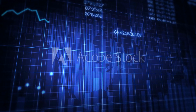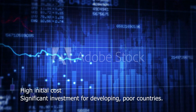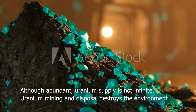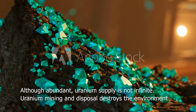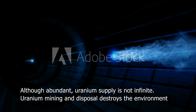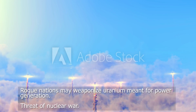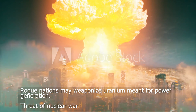3. High initial costs. Building a new nuclear power plant is expensive and time-consuming. It also requires rigorous safety and environmental impact assessments. 4. Limited fuel supply. While uranium is relatively abundant, the supply is not infinite. The extraction and refinement of uranium also have environmental impacts. 5. Potential for weaponization. The technology and materials used in nuclear power can potentially be used to produce nuclear weapons,